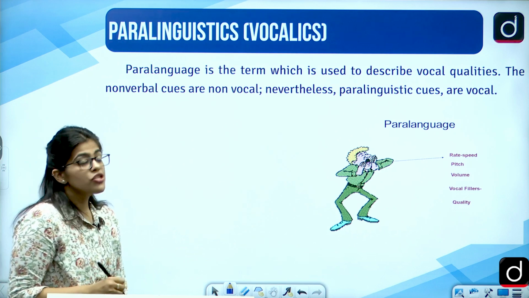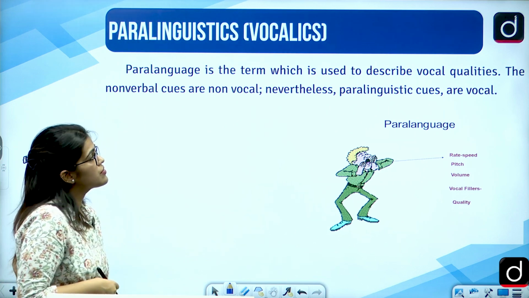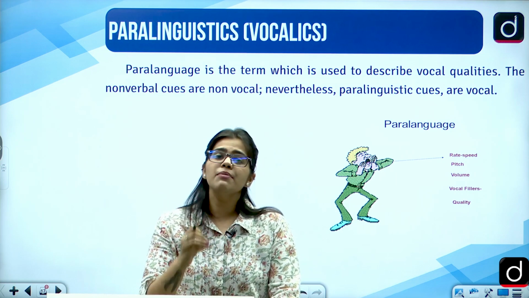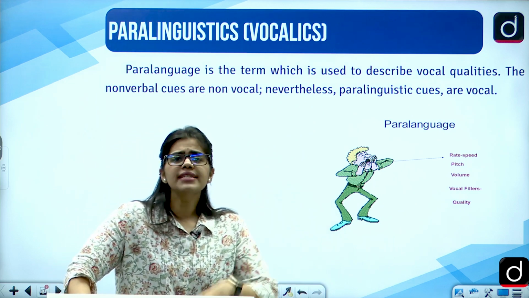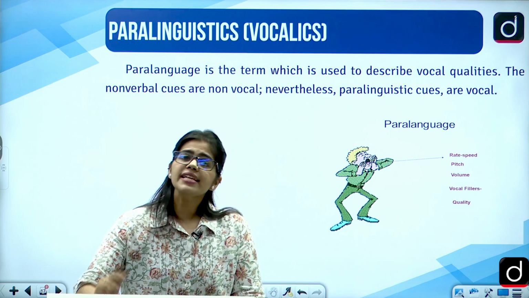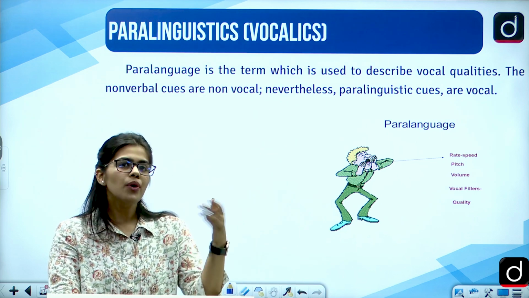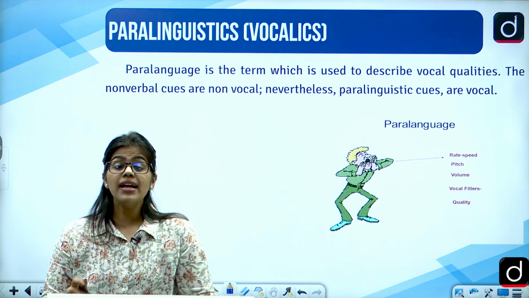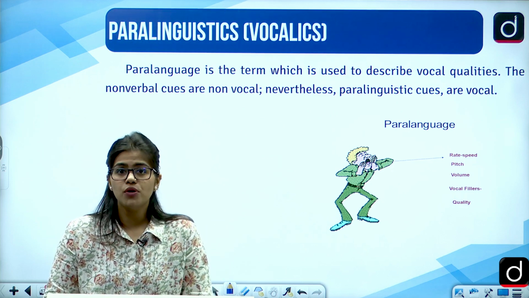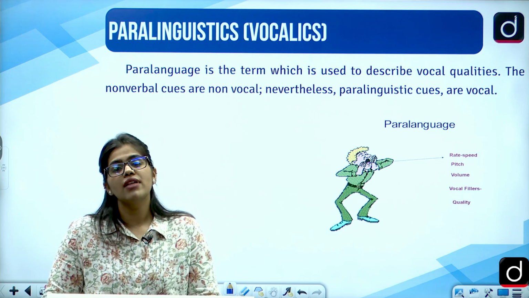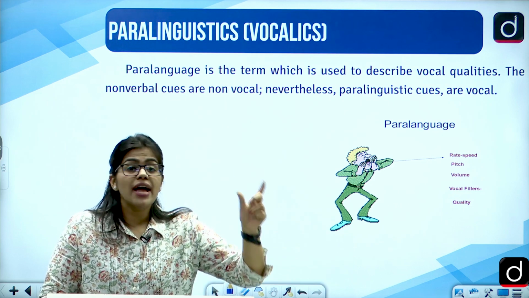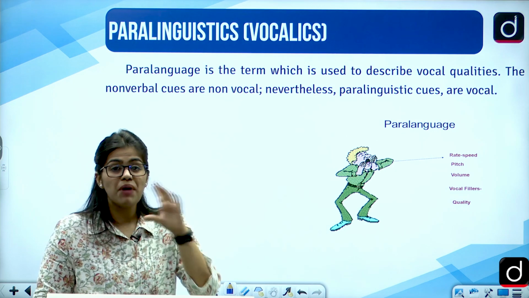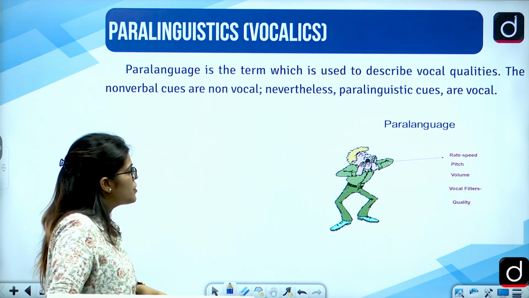Then comes paralanguage. Paralanguage is the term used to describe the vocal qualities of the person. If I want you to know that this question is very important from the examination point of view, rather than telling you again and again about that topic, I can emphasize it, right? So I can say there are two important things that you need to study. There can be verbal, non-verbal or informal communication. While I say verbal is very, very important, I'm putting emphasis again and again on that word. This means that I am trying to focus your attention on that particular word. So all of these paralinguistic tricks are used in communication.